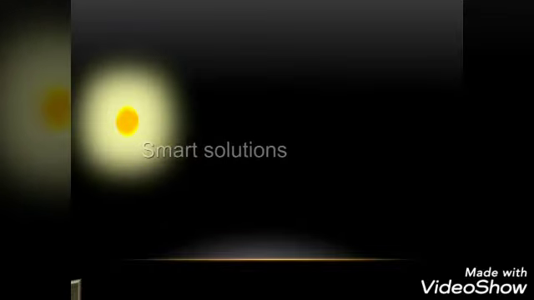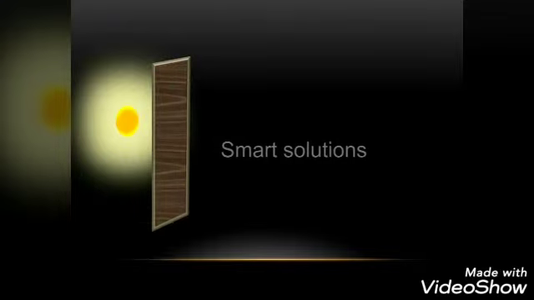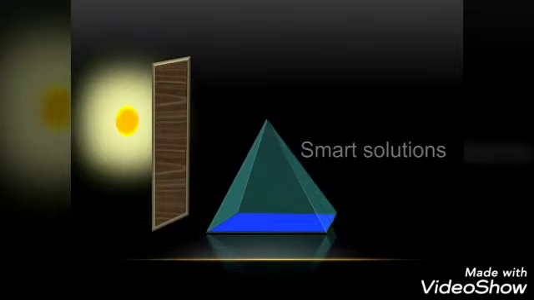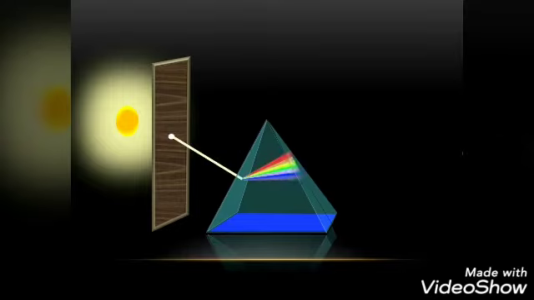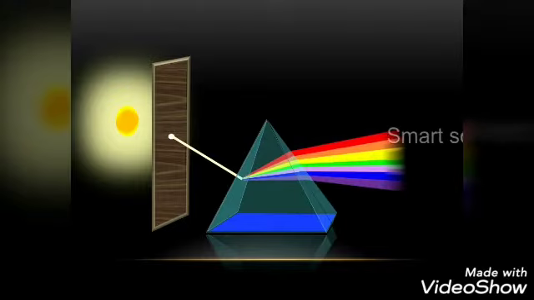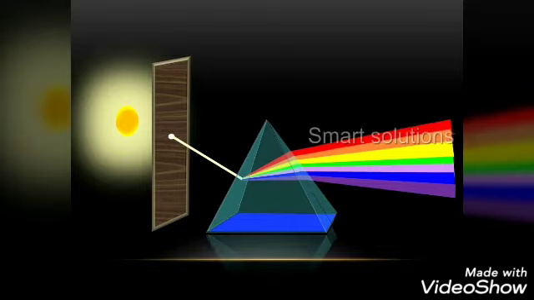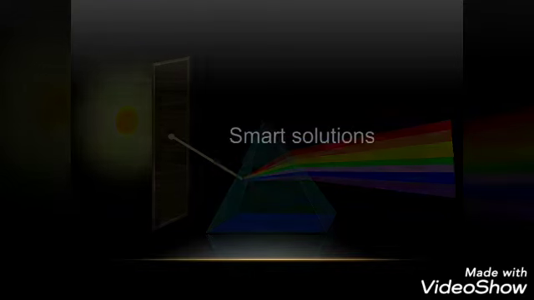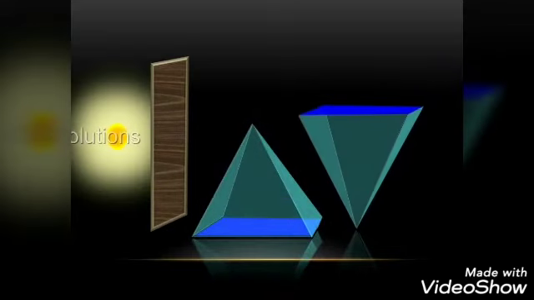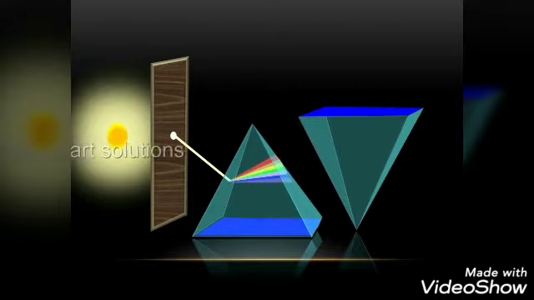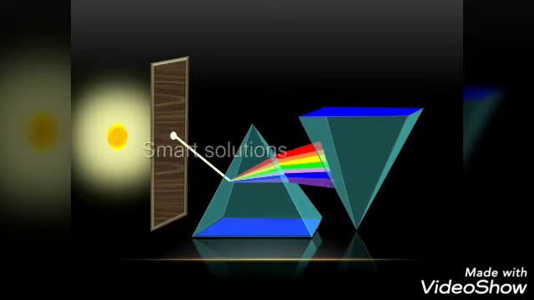When a white light, like sunlight, is incident on a prism, the light rays split up into many colors, broadly 7 colors. This phenomenon of splitting up of light into its component colors is called dispersion of light. When the dispersed light rays are passed through another prism but in the inverted position, the dispersed light rays merge once again to form white light.